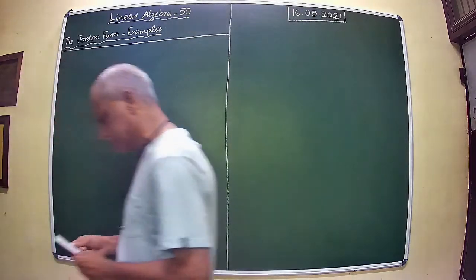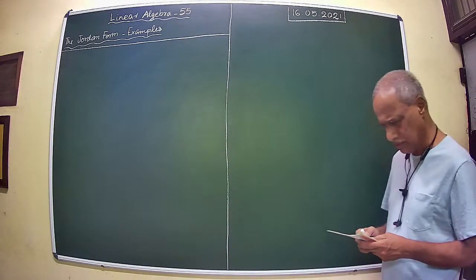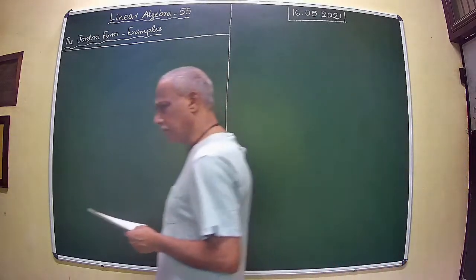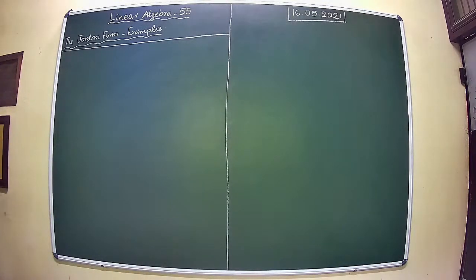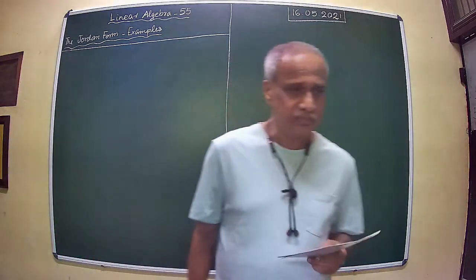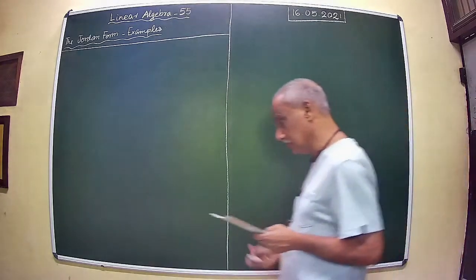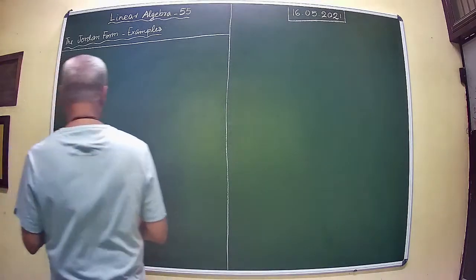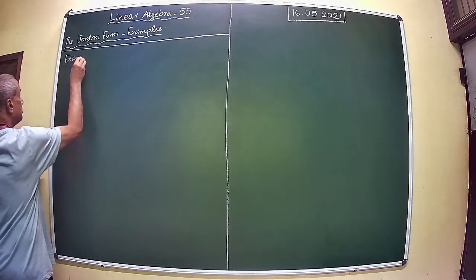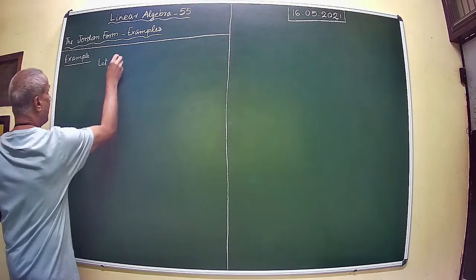Okay, let us first look at this example. It gives some indication, or it clarifies that two operators need not have the same Jordan form even if they have the same characteristic polynomial and the same minimal polynomial. So let us look at this example. It's a very interesting example. So let A be